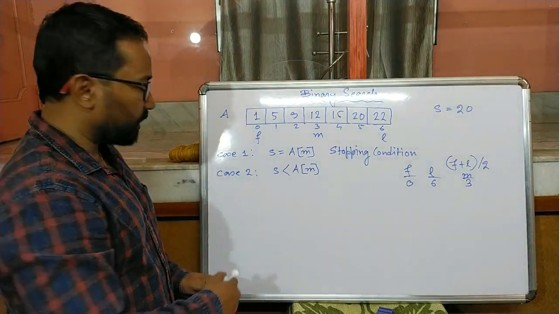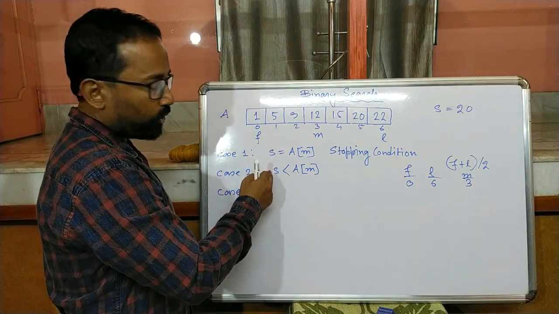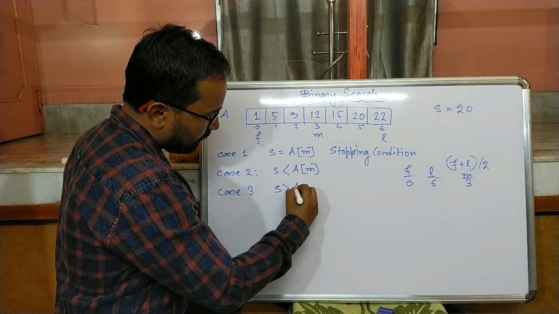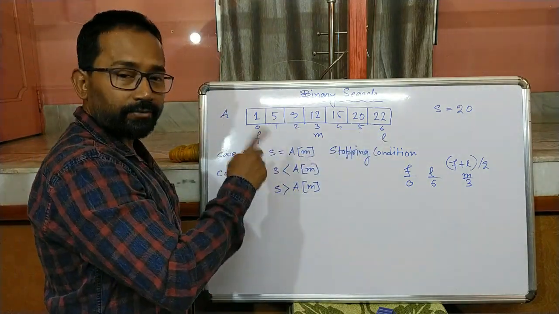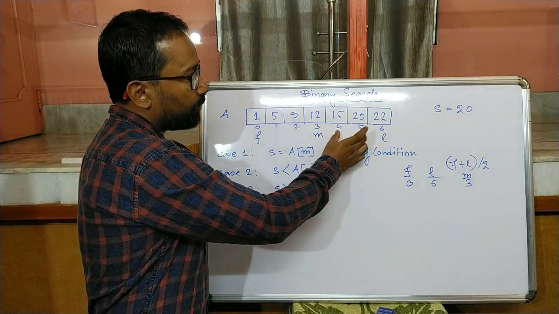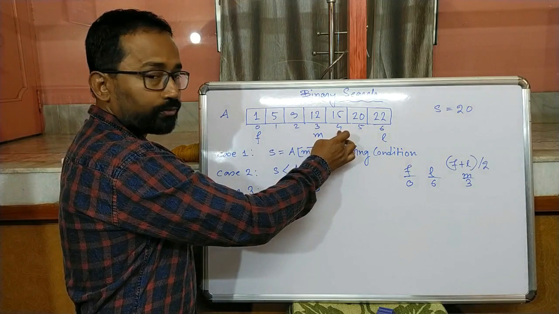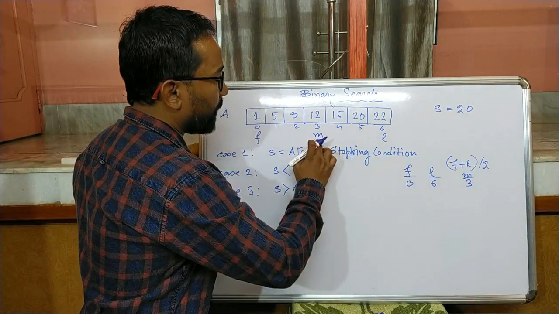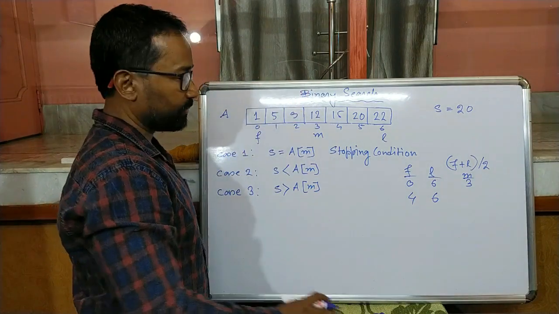So it will move to the next condition, and the next condition is condition 3. If this condition is false, and the earlier condition is also false, that means obviously this value S is greater than A of M. So S greater than A of M means this S must be present to the right of the middle element. That means here we have to change the value of F. Let F point to this element so that my search area will be from here till the end. How to do that? The middle element's index plus 1 will be the index number of the element from where the search will start. So F will be M plus 1. 3 plus 1 means F is 4, and L remains the same, 6.